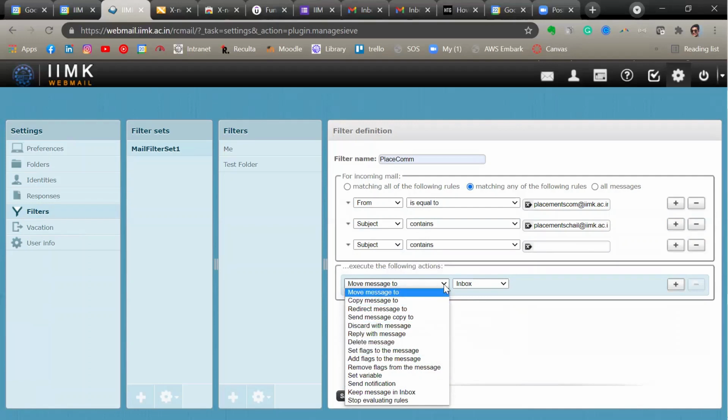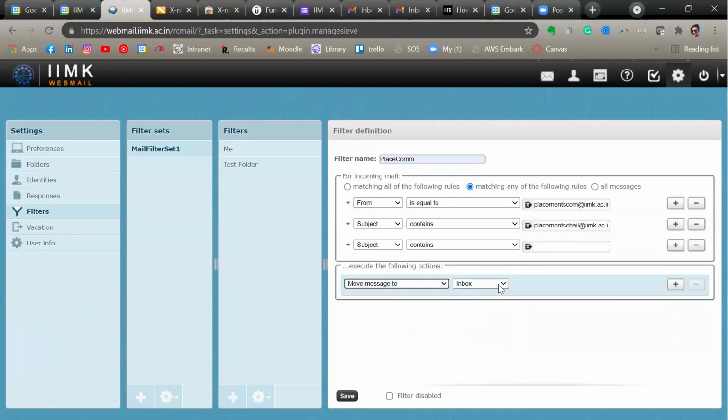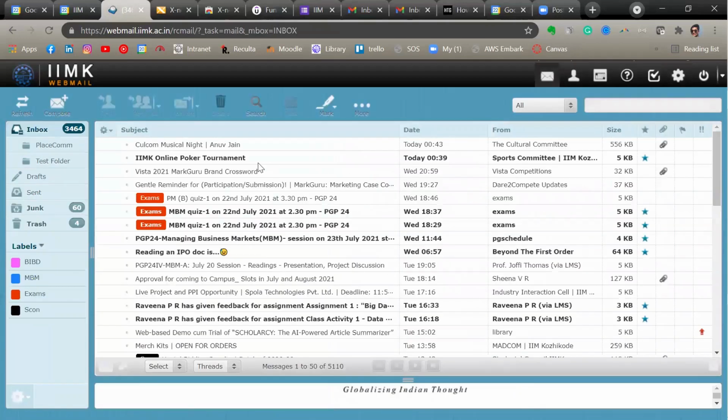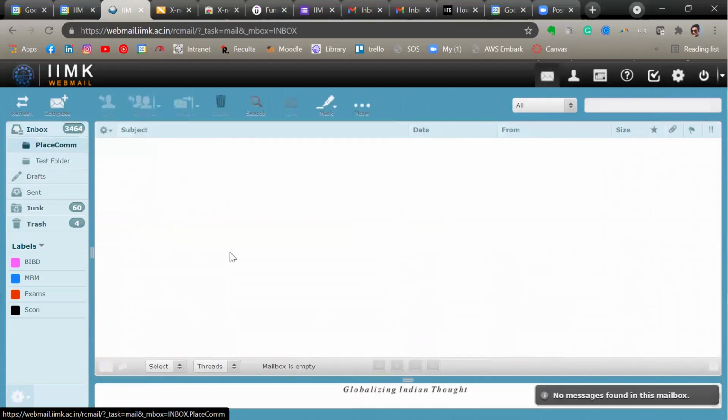So here we'll use the rule move the message to, and let's select the folder placecom and then save. So what will happen is every time a new email comes from either one of these three email IDs, the email will be directly posted into this placecom folder.